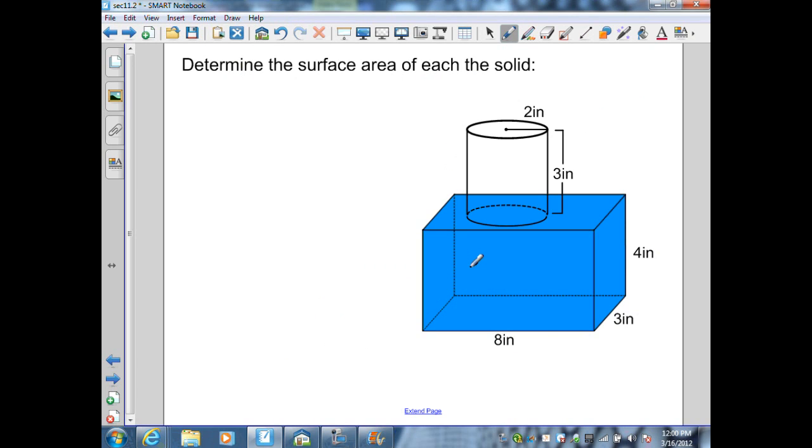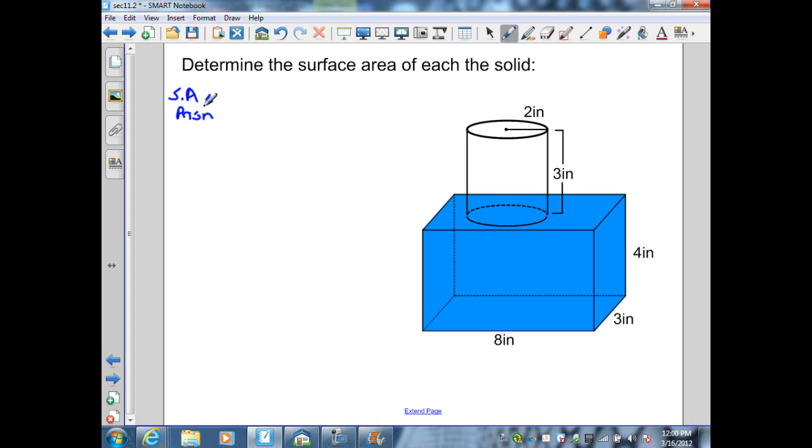On this example, they want us to determine the surface area of each solid. So here I have a prism and a cylinder. So what we want to do is find the area of the prism and find the area of the cylinder, and then determine what areas are actually going to be missing when they sit on top of each other. So here I have the area of the prism,